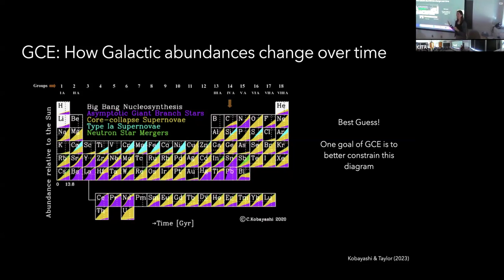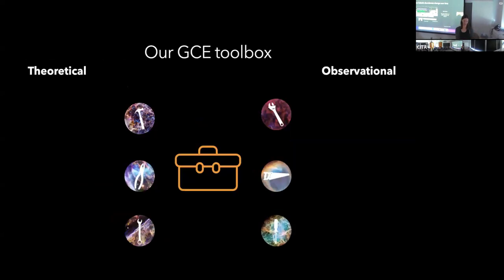There's probably a lot on here that is very wrong, especially as we get into the heavy elements where we don't have a ton of observations astronomically of them. So how do we make this better? How do we improve our